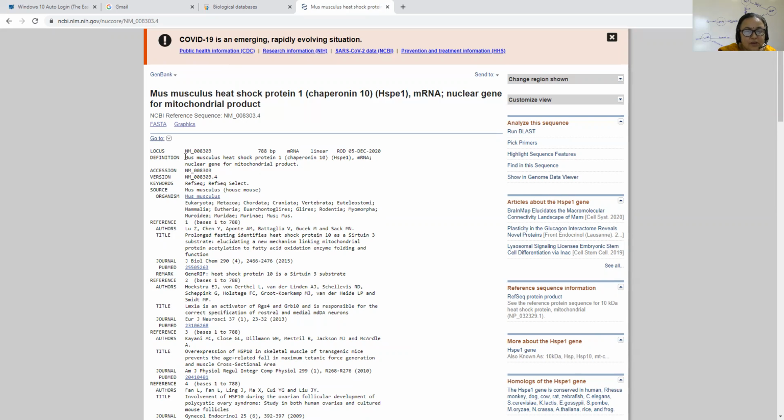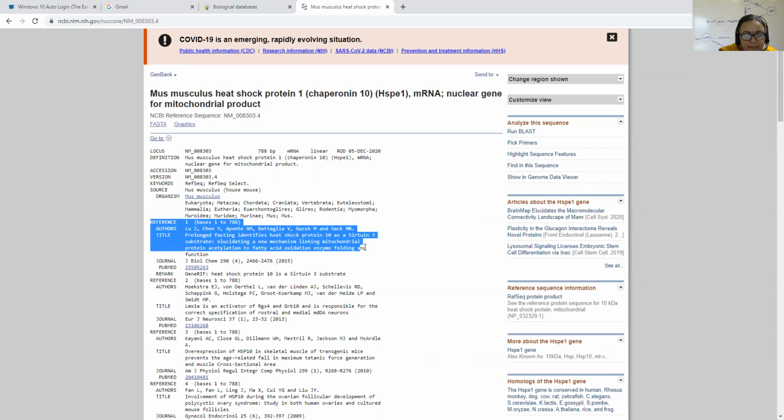There is a definition about the Mus musculus heat shock protein HSPE1, and there is an accession number which is unique to a database entry. There is organism information, the full classification of the organism, and a reference to the research paper.